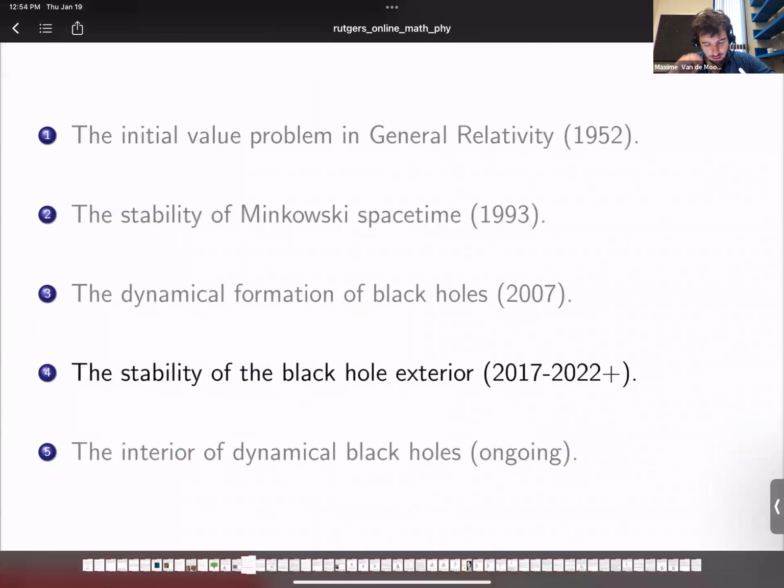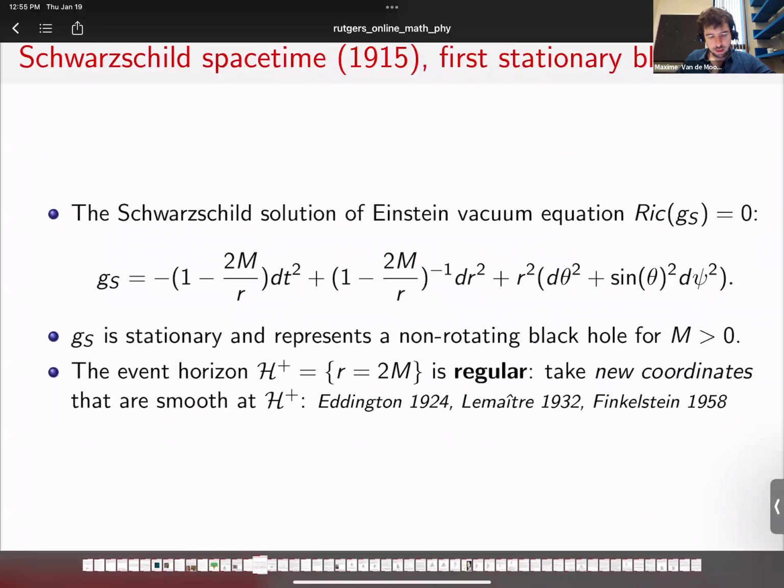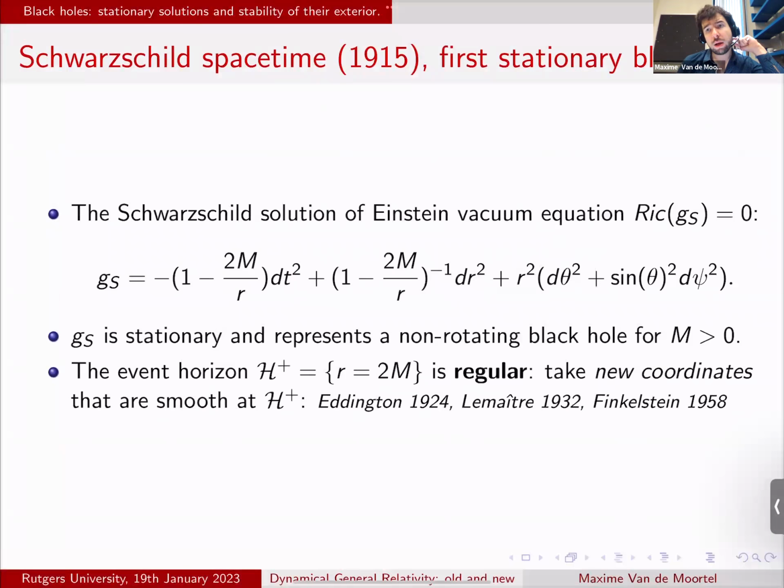Okay. So let me now talk about what this black hole looks like. The first model of a black hole you can think of is the Schwarzschild black hole. The story of the Schwarzschild black hole is a bit peculiar. It was only found two or three months after Einstein published his paper on general relativity, by Karl Schwarzschild, who